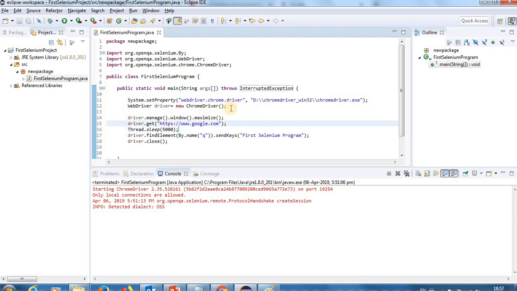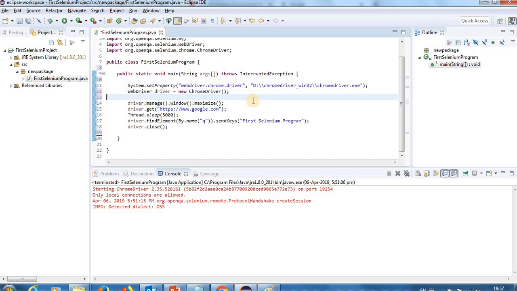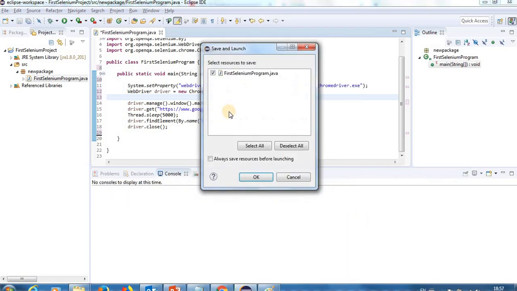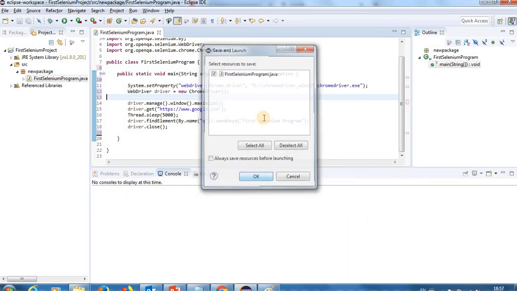So my first one, let me run it. Click OK.